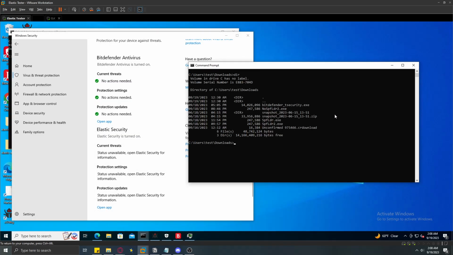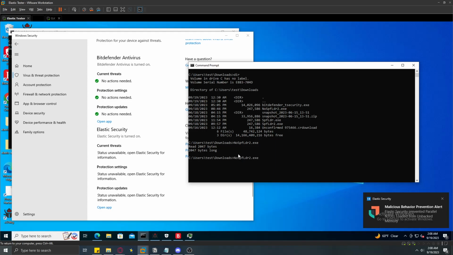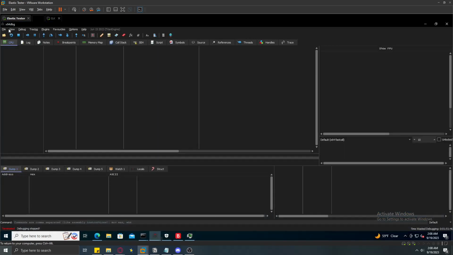So running the no spoof loader, which is going to load our unhooking shellcode that unhooks by indirect syscalls, it's going to get flagged by Elastic for loading a second copy of NTDLL via unbacked memory. Whereas if we do the spoof shellcode, or the shellcode that performs the call stack spoofing to do the same stuff, there is no alert. If we attach in real quick before the process exits,